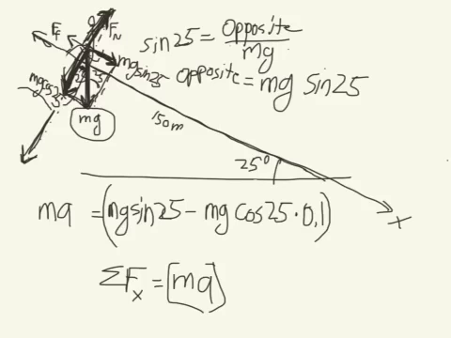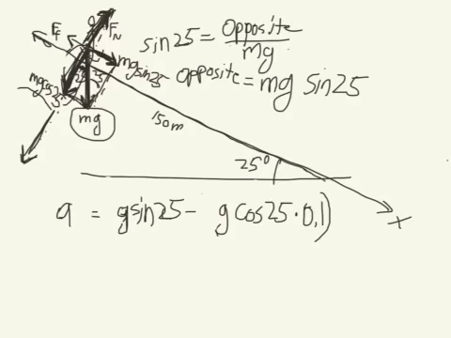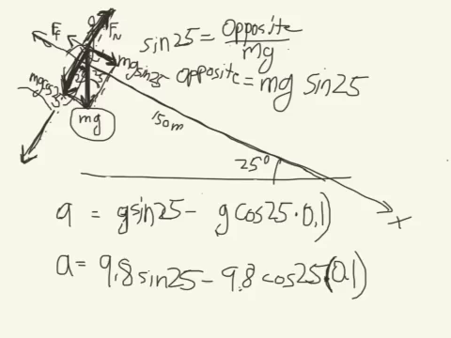Because we could have stressed out about how much I weigh and put in a number for my mass. But we don't have to do that because there's an m in every term in this equation, so we can just make those disappear. What we essentially did with that step is just divide both sides by m to make the m's go away. Now we just need to insert 9.8 for the g's and then run this through our calculator. And that should be our answer